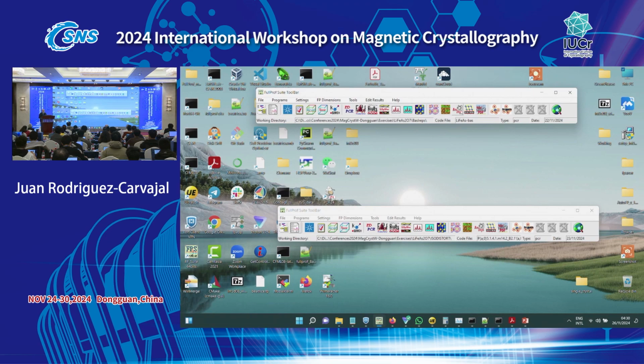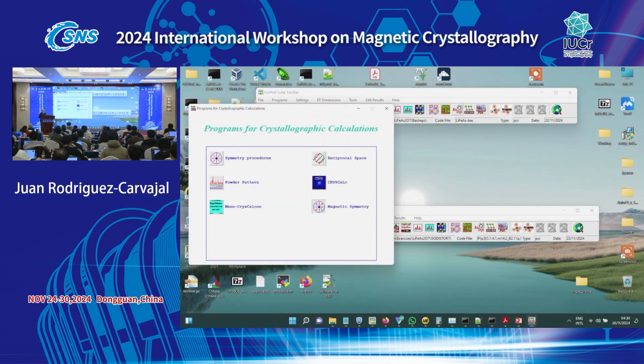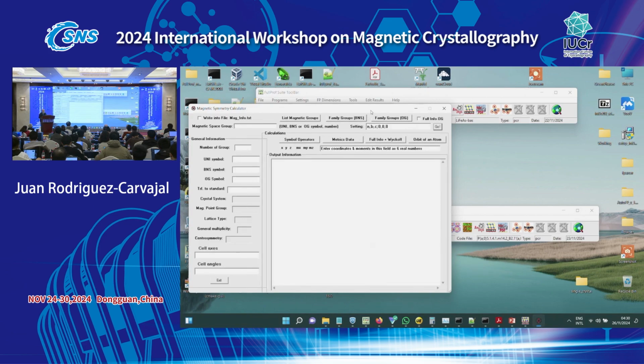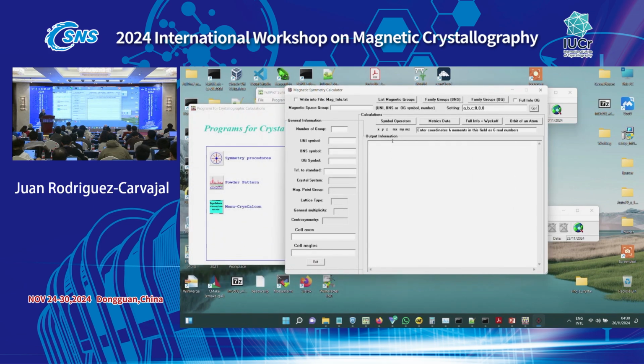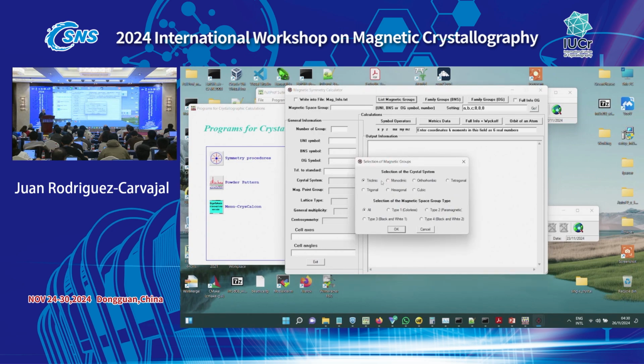Well, you have things like this calculator here, for example, magnetic symmetry. This is what you saw before. If you want to see a list of magnetic groups, you can, for example, select what kind of system.